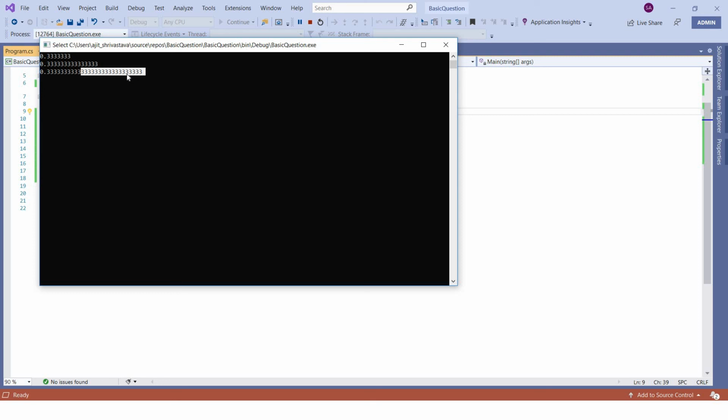So based on the precision you want to achieve, you should take float, double or decimal. This is the reason we have three different types of variable available in C# for storing a floating number.